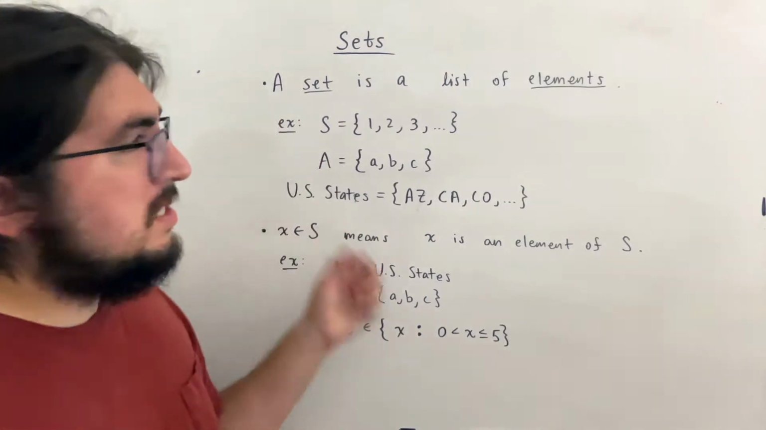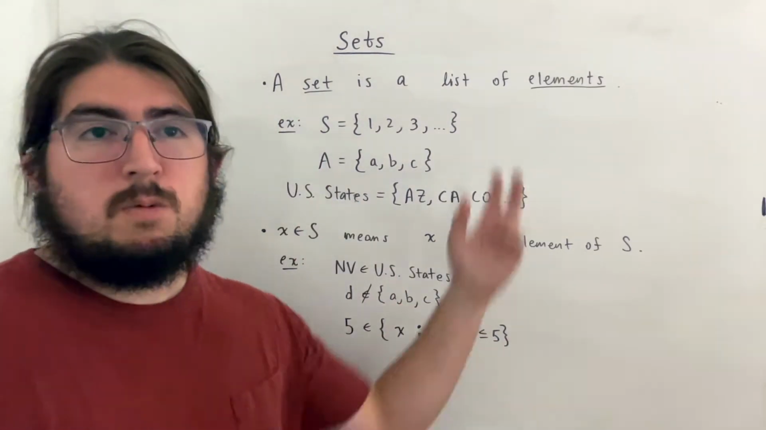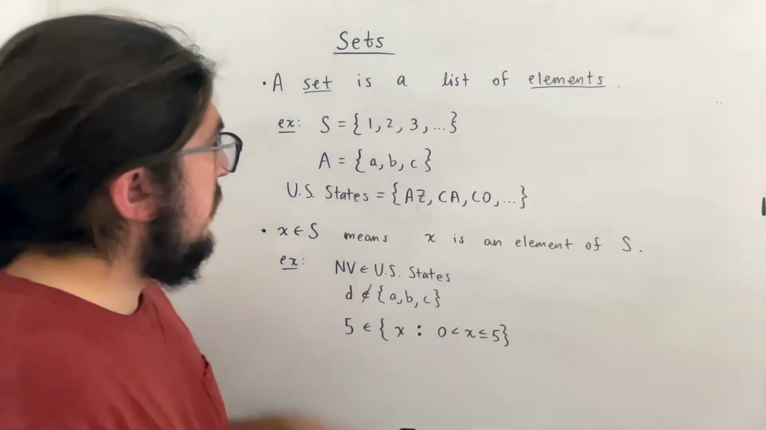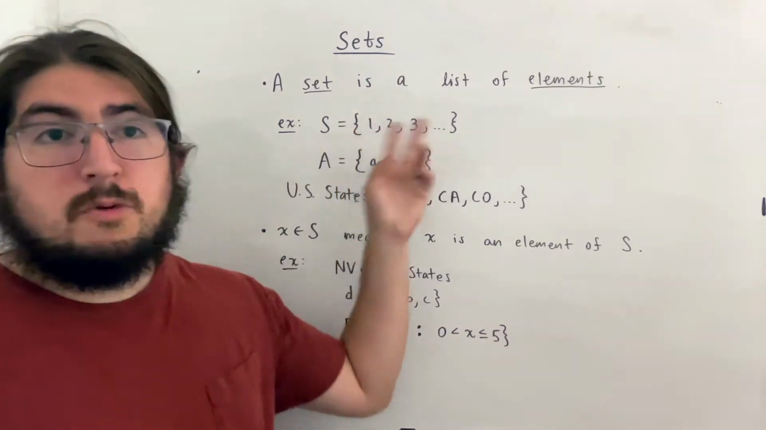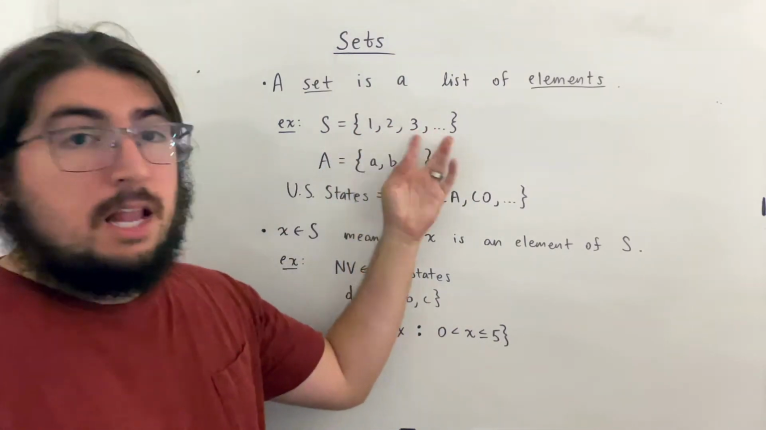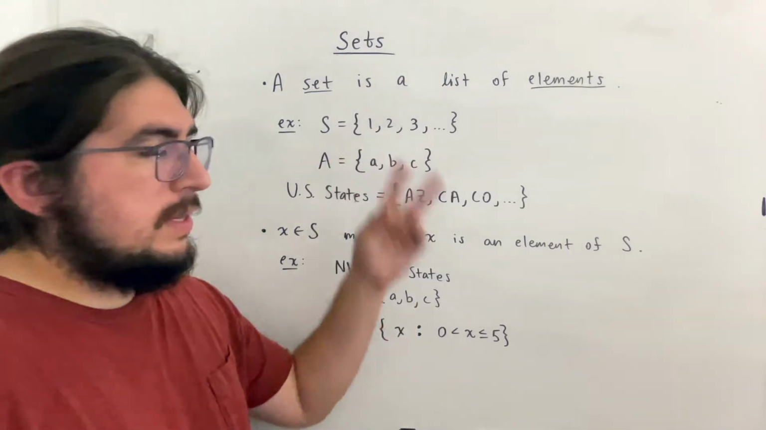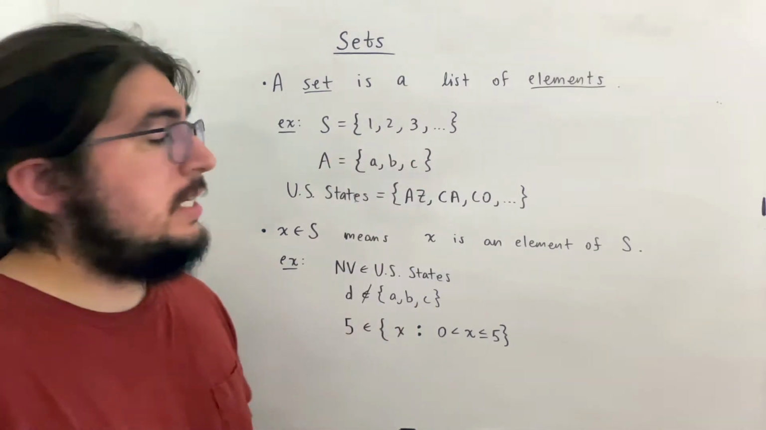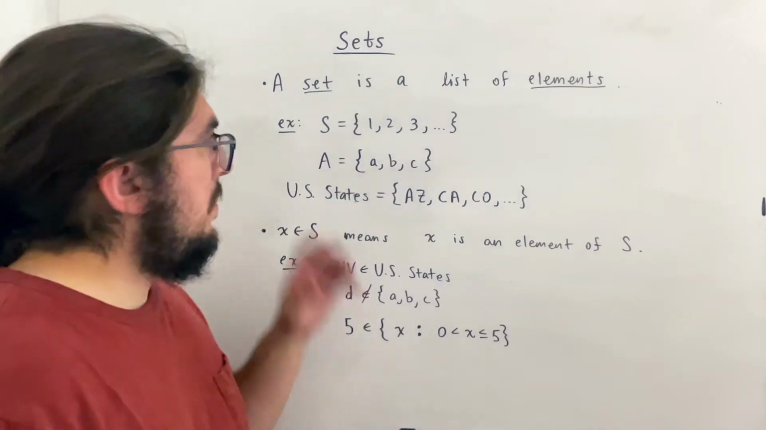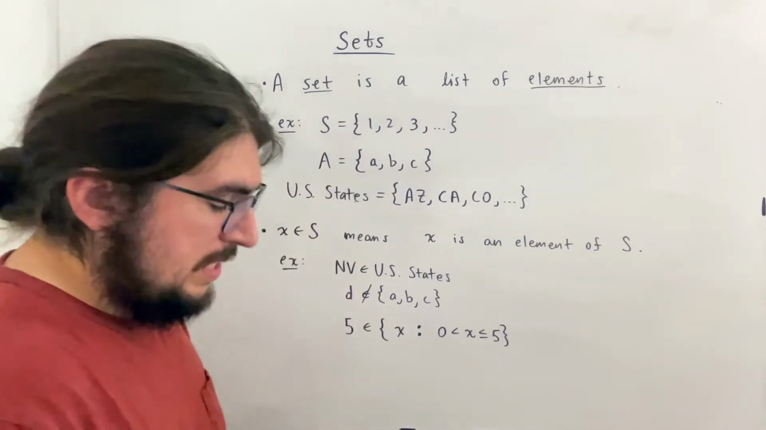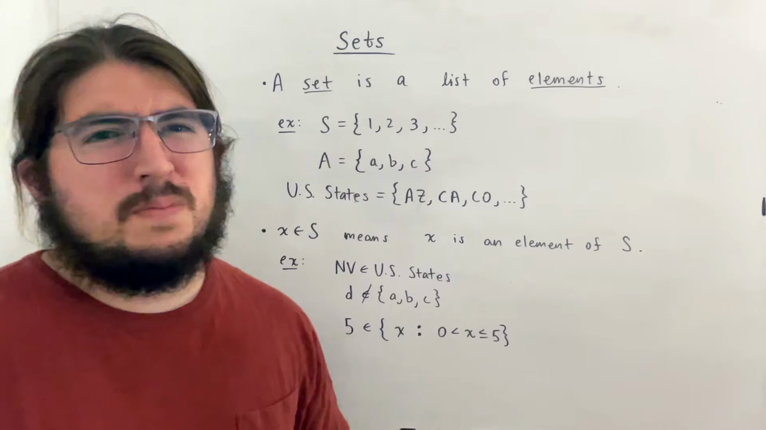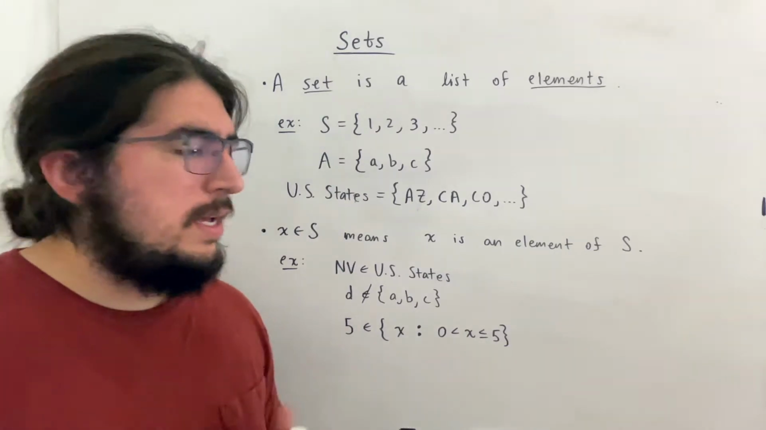So I say here a set is just a list of things in the set, which are known as elements. So here, for example, the set 1, 2, 3, and so on, these are the elements of that set, the things that are contained in that set. Everything separated by a comma is an element of the set. Now, for this one in particular, it's a little bit of a weird thing for me,